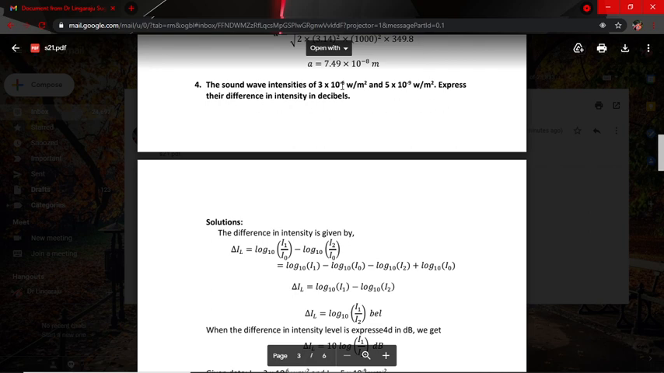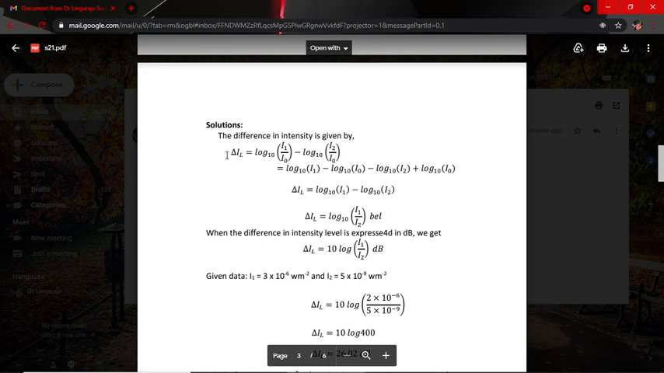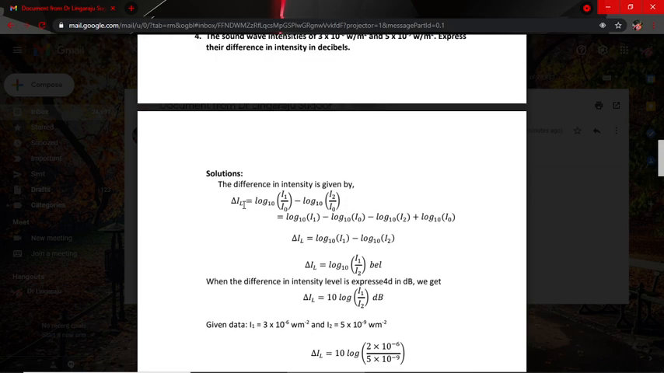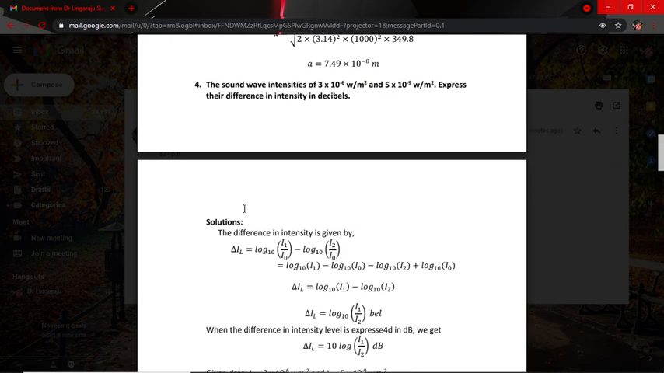If the wave intensity is this value and that wave intensity is this value, what is the difference of intensities? We have to calculate it. Here we know the formula: delta L, where delta means the increment or difference value. So we have to calculate delta L, that is equal to,